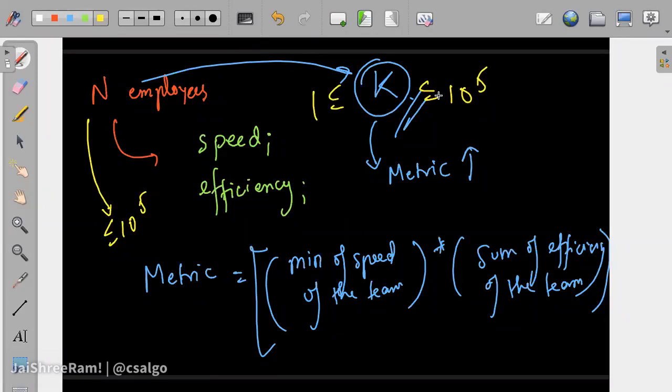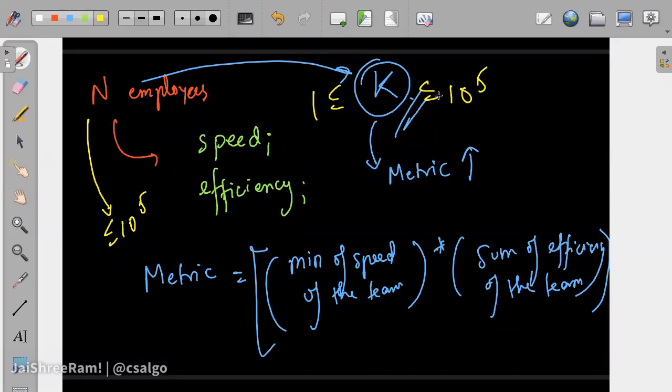Okay, now think about this problem. This is purposefully kept over here, because not every problem will have a sorting condition where you just put it in and you will get the answer. Not every problem would be like that. This is not like you have one sorting condition and you sort and then you get the answer.